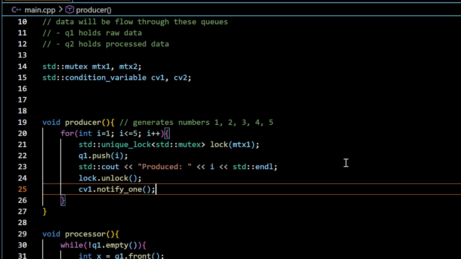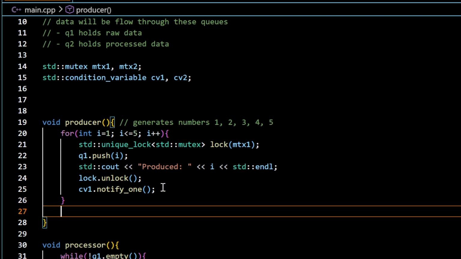So it will come to that in a moment, because we'll see that it is for communicating with the processor. After the producer, we're communicating with the processor. So when the production is in process, we want to notify one, and then if it is done, then we want to notify everyone. So after that, after the completion,